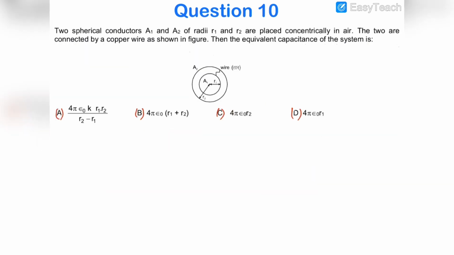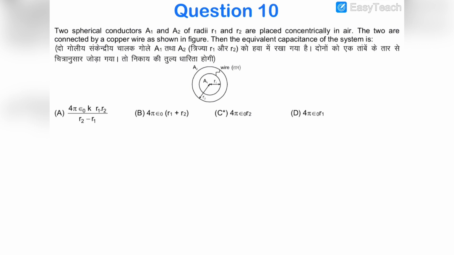Now we move on to the next question. Now in this question, you can see that there are two spherical conductors A1 and A2, and these are having a radius of R1 and R2. These are placed concentrically in air, which means that their center is same, and these two are connected with a copper wire as shown. Their equivalent capacitance would be